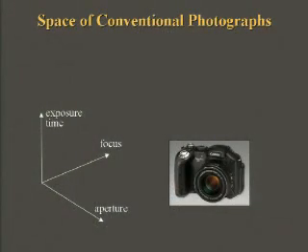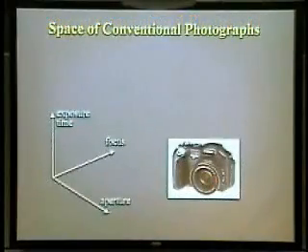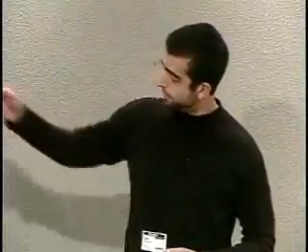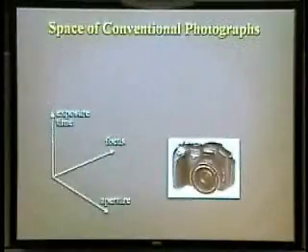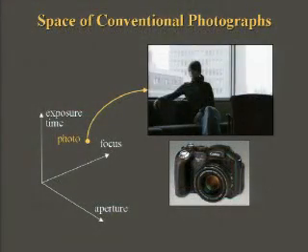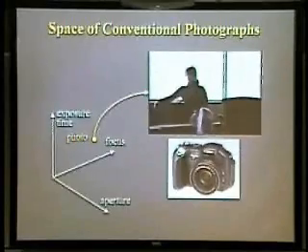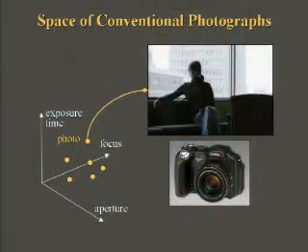Now, although we have modern cameras that incorporate an impressive amount of engineering, in terms of their functionality they're actually pretty simple. All conventional cameras share a standard set of controls: exposure time, focus, and aperture. So without moving the camera to change the viewpoint, our basic options for photography are very limited, just changing three controls. For a fixed camera position, every photo can be visualized as a point in this space of camera controls. But in spite of the seeming simplicity of this model, we still don't know all that can be accomplished just by taking photos with these controls and then combining multiple photos from within this space.